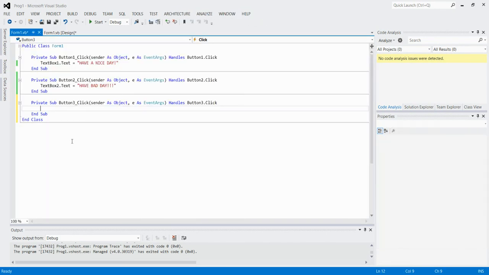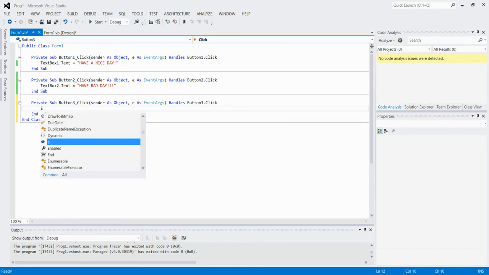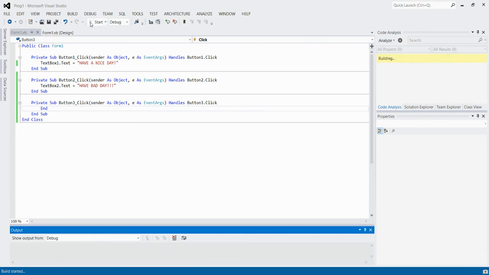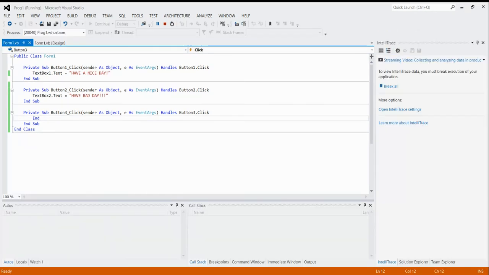Double click on the exit button, and here we have to give only End. We will write only End over here, so that after clicking you can see again. I will run this program over here. You can see in the title bar "Program 1 good and bad message" has appeared.